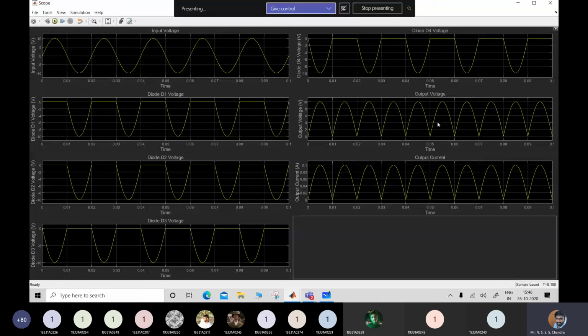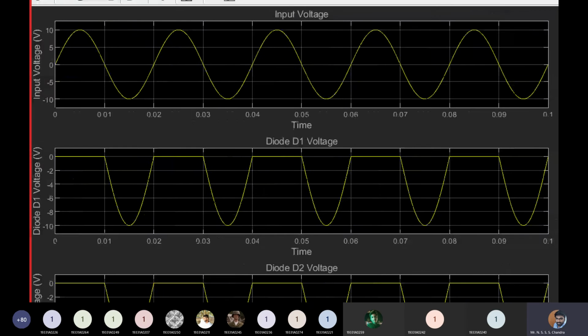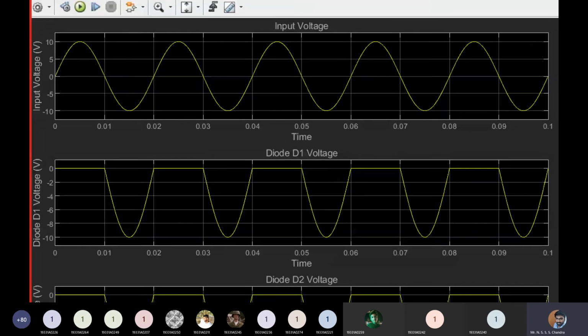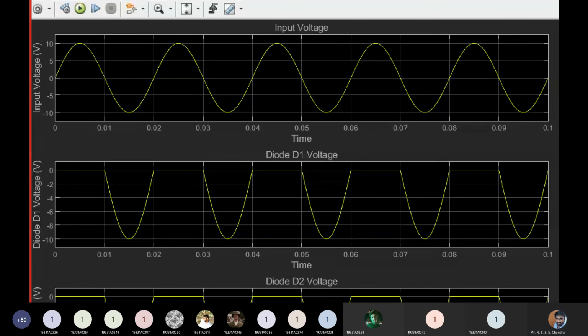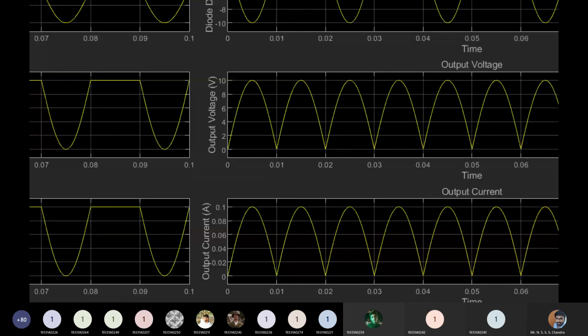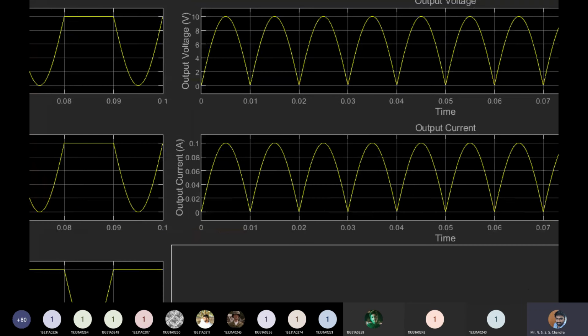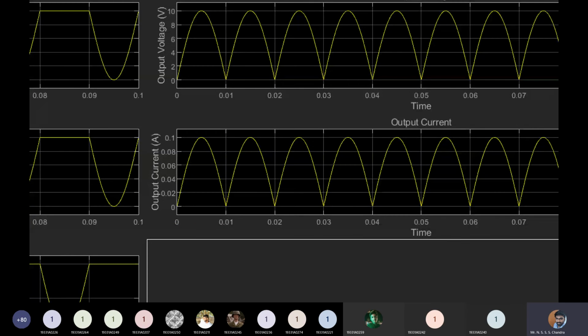Now, what is the voltage at the transformer secondary terminals? It is the RMS value. Is it the rectified voltage or the non-rectified voltage at the transformer secondary terminals? Non-rectified. So your RMS value will be equal to 10 by root 2, right? Whereas the current, what current are you getting? Rectified current. That current value you need to now calculate.